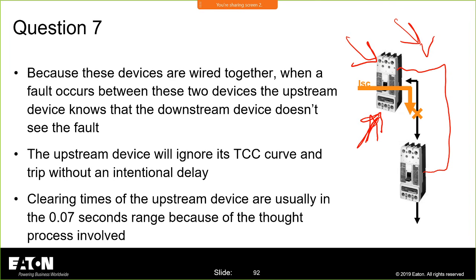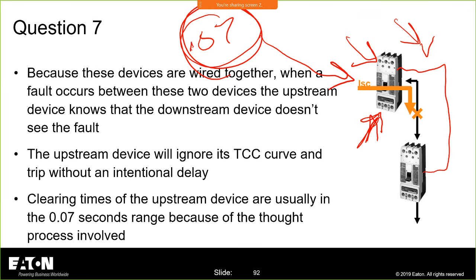If all of that happens, then it tells the breaker to trip. That usually takes around 0.07 seconds. Just about 0.07 seconds for all of that to occur. And that device will then open. It's still considered without an intentional delay, even though you have 0.07 seconds, but it's still faster than possibly 30 cycles if that's a power breaker or some other